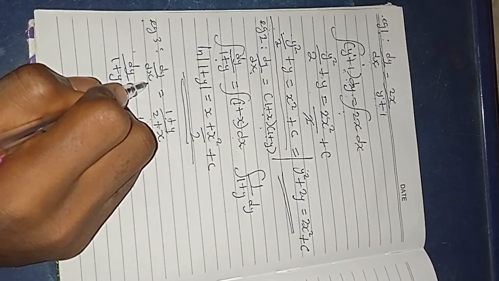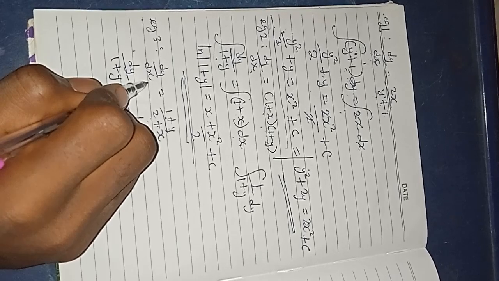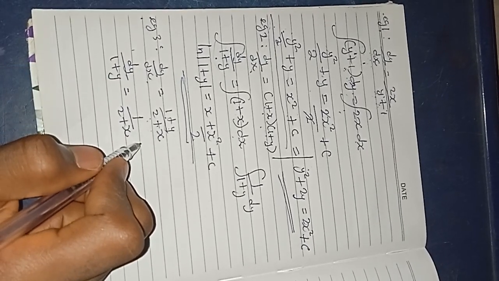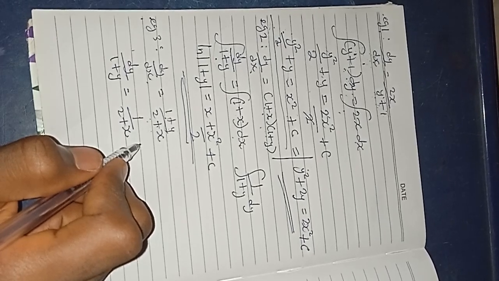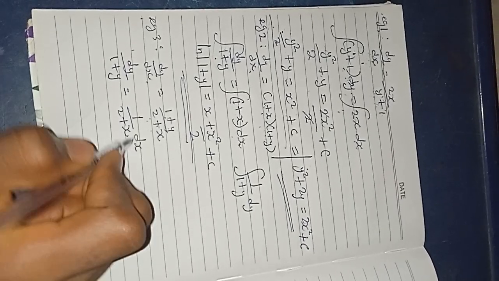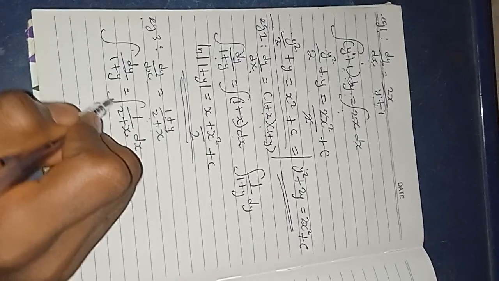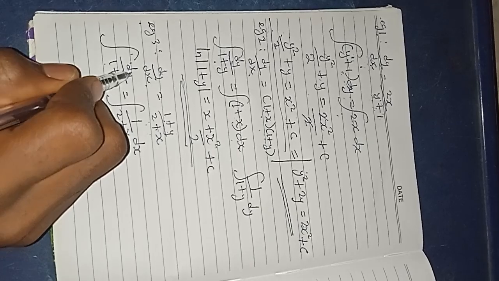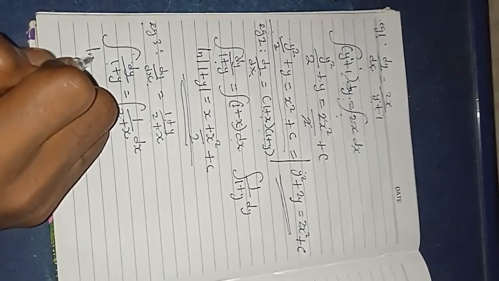dx is dividing on the left hand side. Once it crosses over to the right hand side, it's going to do what? It's going to multiply. So multiplying with dx, integrating both sides. Integrating 1 over 1 plus y with respect to y will give you the natural log of the absolute value